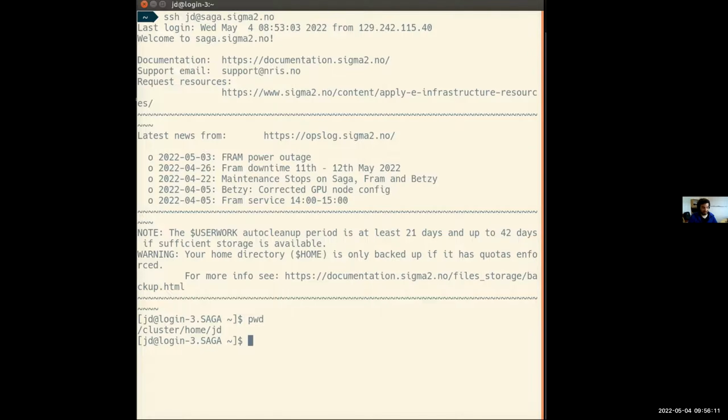I think most login nodes and compute nodes are principally quite similar, but as you saw, there are 5 or 6 login nodes, while we have a few hundred compute nodes. So let's explore it a bit. We know now where we are, where I start at least. If you try the same command, you will see that you are in your own home directory, but of course with a different name.